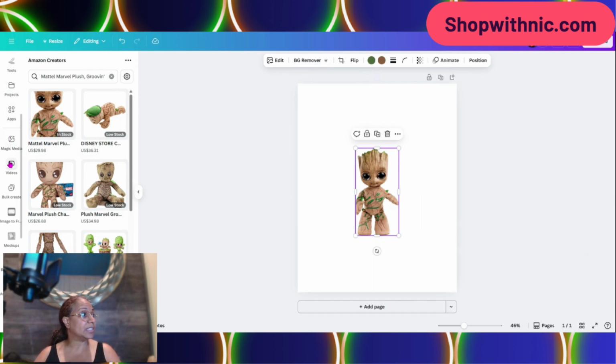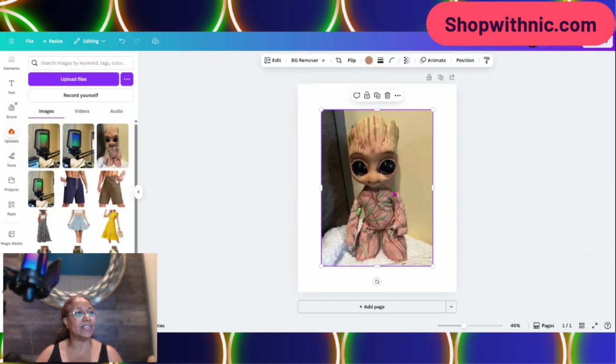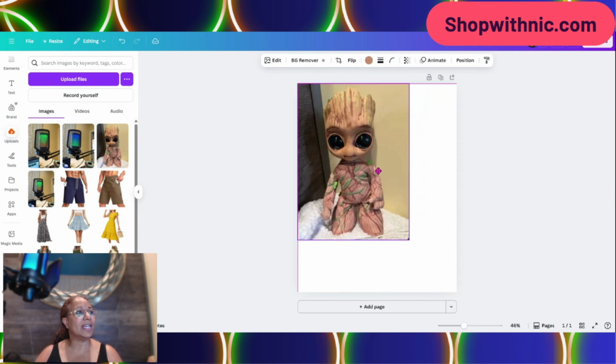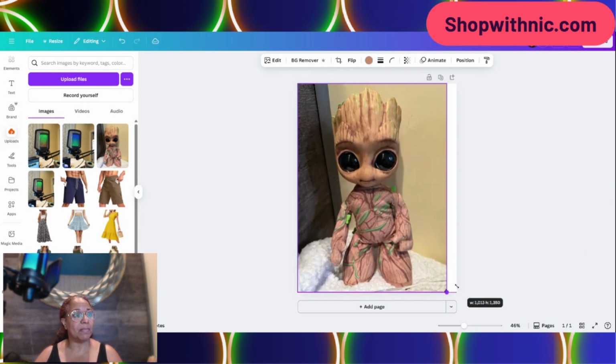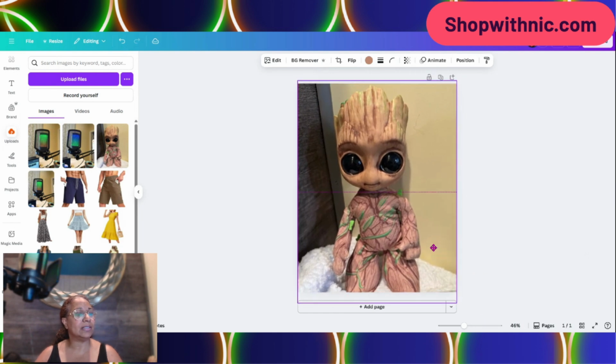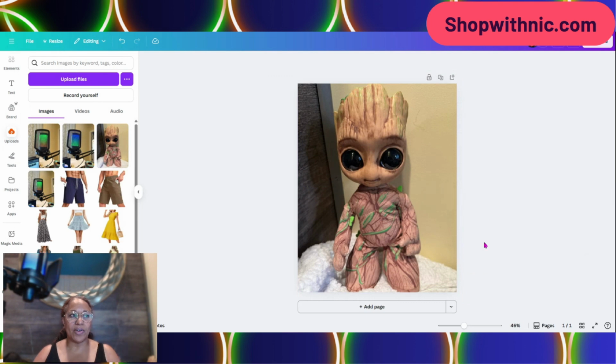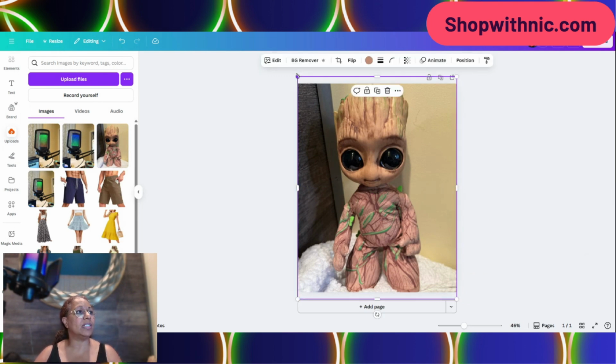cover it, which I would go to, let's say, my uploads, find my image for it, right? This is my image, and I can cover that image wholly. I do want to keep it in the background, but I can cover that image completely like this. Or if I wanted to, and I want to make sure that's centered, yeah. Or if I wanted to, I can also make it smaller